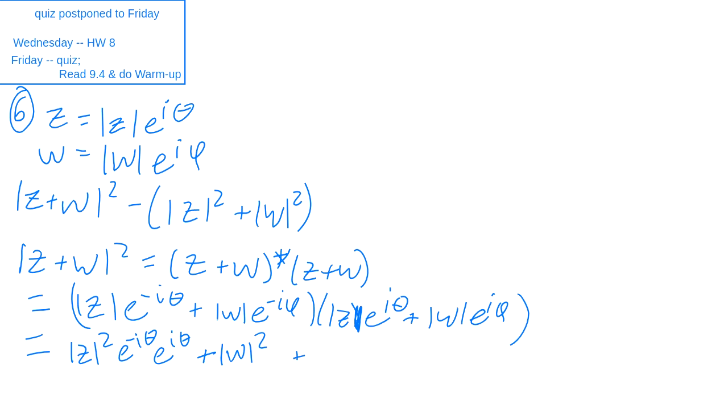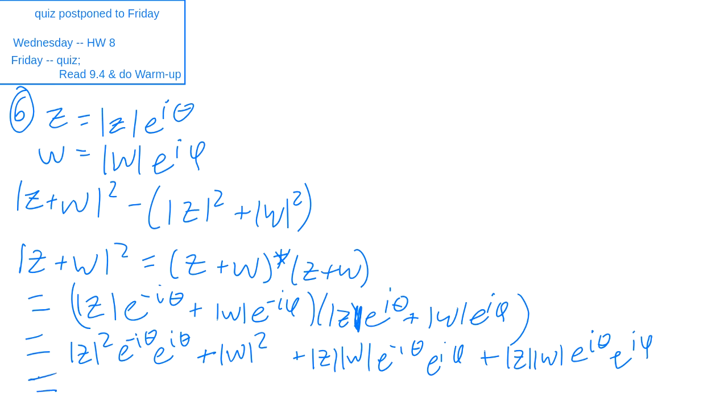So now let's do outer: Z modulus times W modulus times e to the minus I theta times e to the I phi. And then for the inner, we're going to get the product of their moduli. And so these two are going to go away when we subtract off, when we take the difference that it's asking us for up here,